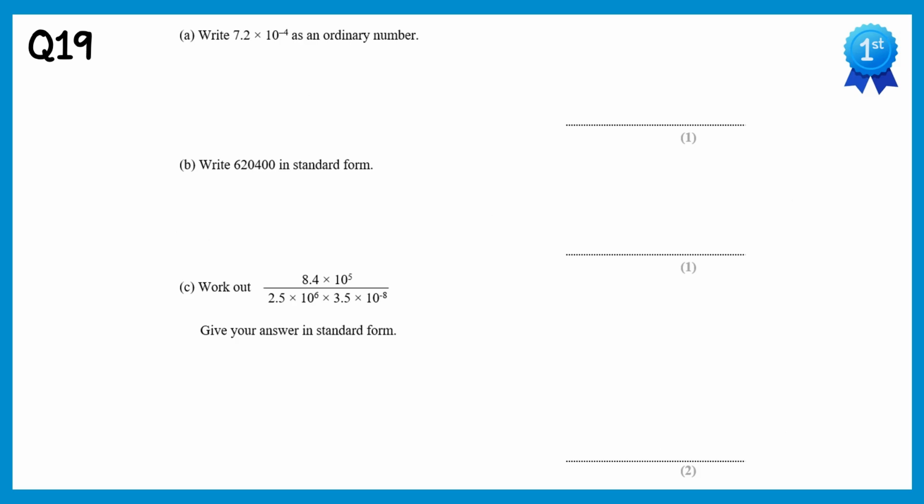For question 2, we've got a number in standard form and we need to write this as an ordinary number. So let's take the number 7.2, and since it's multiplied by 10 to the power negative 4, that's like dividing by 10 4 times. So let's divide by 10 once. That will give you 0.72, a second time, a third time, and a fourth time. So we end up with the number